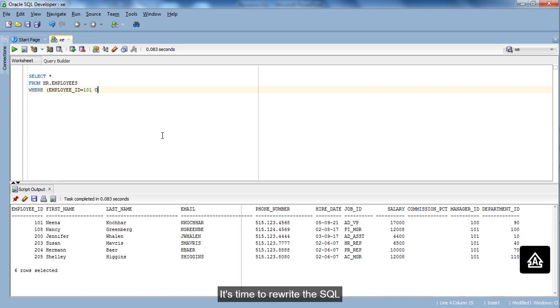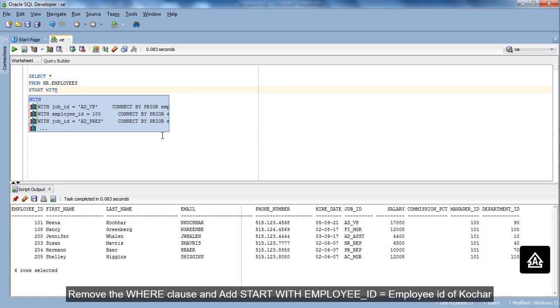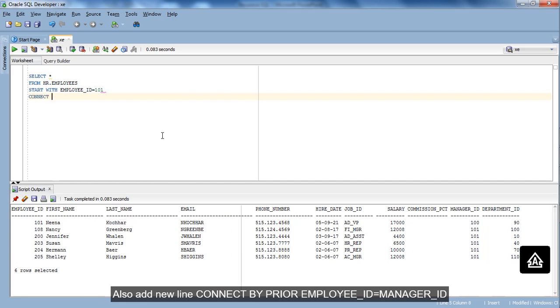It's time to rewrite the SQL. Remove the where clause and add start with employee ID and put employee ID of Kochar. Also add new line connect by prior employee ID equals manager ID.